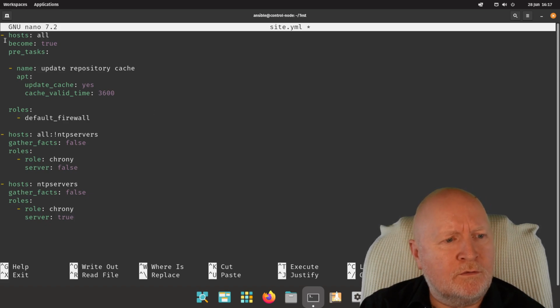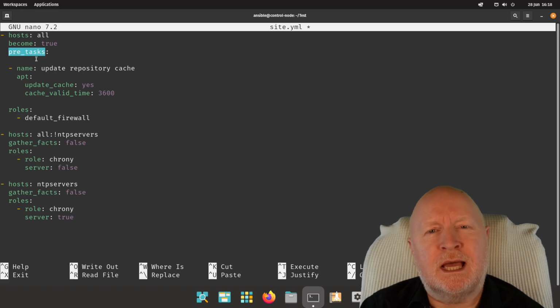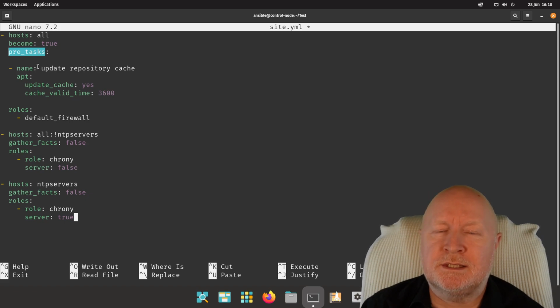So we start with a first player which targets all computers, switches to root, and then we have what's called a pre-tasks section. Up to now we've just had a tasks section, but the pre-tasks one is when you want things done before anything else. There's also a post-tasks section you can put at the end of a player, typically for cleanup jobs. In this case, what we want is to update the repository cache on all of our computers. Because they're Debian and Ubuntu computers, we're using the apt module to do that. And all we're going to do is update the cache as long as it hasn't been updated within the last